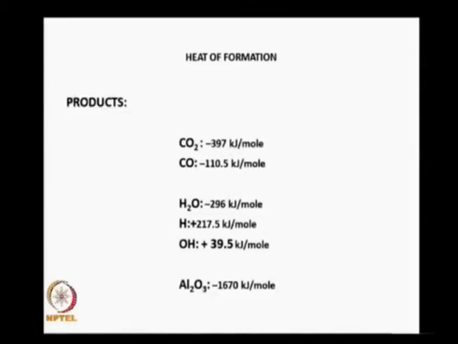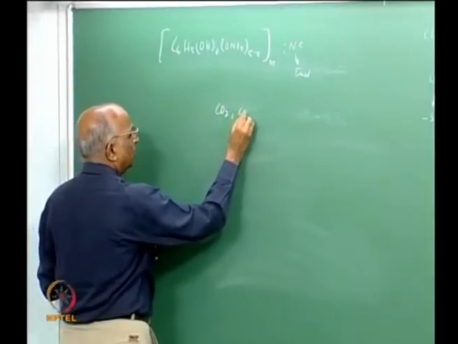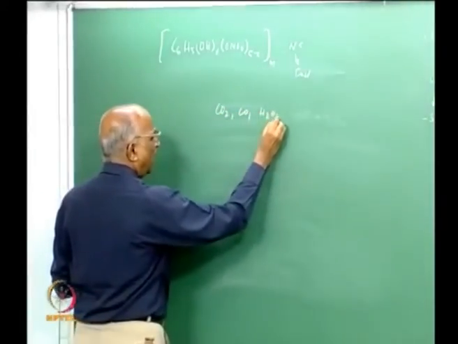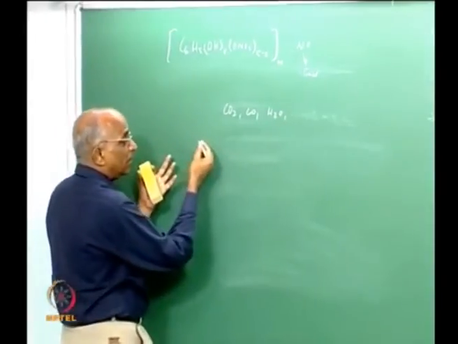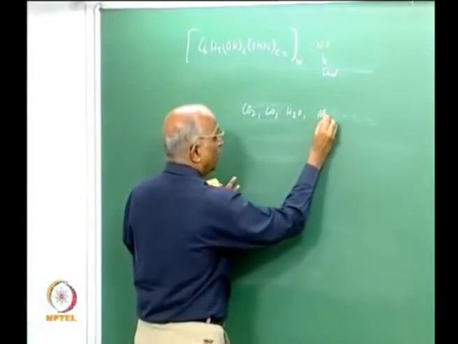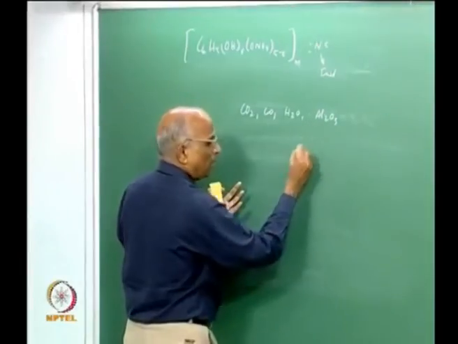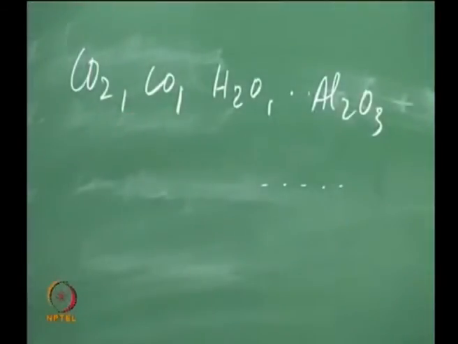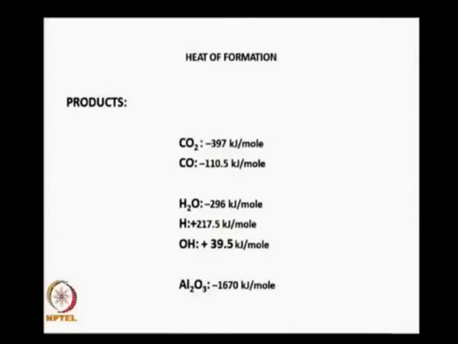What are the products we have been handling? We have been saying carbon gets oxidized to CO2 or CO, maybe the hydrogen gets oxidized to H2O. Therefore, the products are essentially CO2, maybe CO, maybe H2O, and so on. If I have aluminum in the metal, I could form aluminum oxide, and these are some of the products which we are interested in. And if you look at the heat of formation of some of these things, which we worked out in class, it was something like CO2 has minus 397 kilojoule per mole,